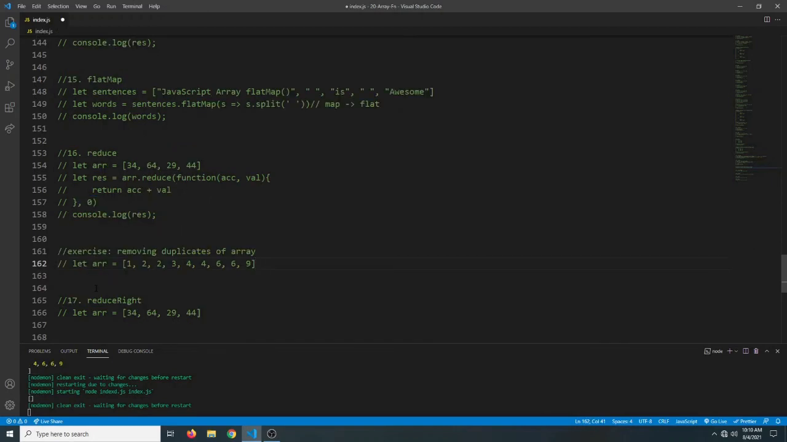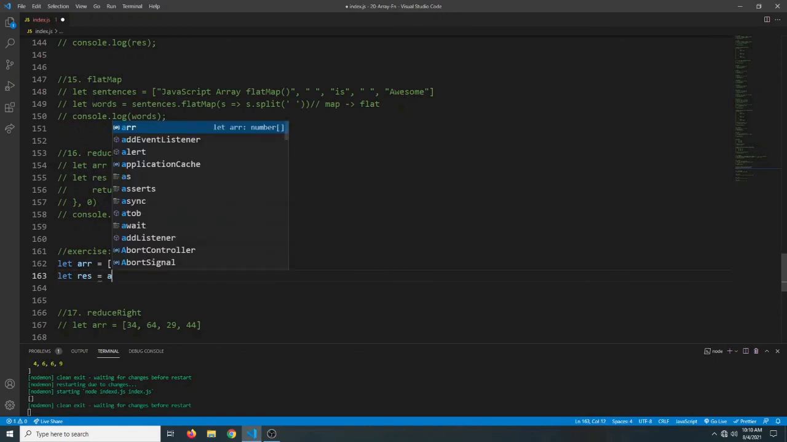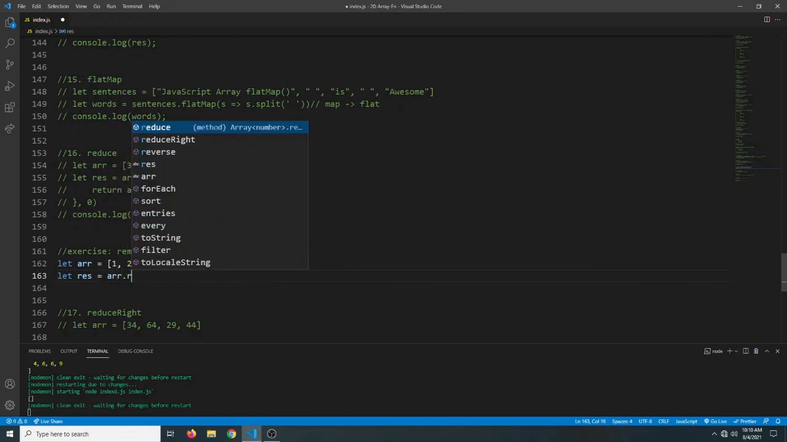Okay, let's see how we can remove duplicates from an array using the array.reduce function. So here I have an array that contains some duplicates. Here we have 2, 2, 2, 4, 2, 6, and we want to remove the duplicates. So what we can say is let res, for result, equals array.reduce, and we know reduce takes a function